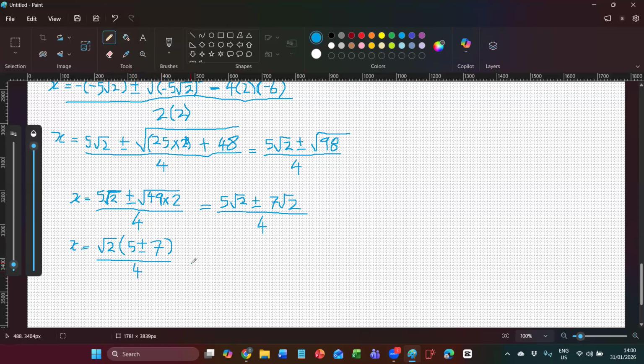So that tells me that x will be equal to surd 2 times 5 plus 7, which is 12. So that's going to be 12 surd 2 over 4,